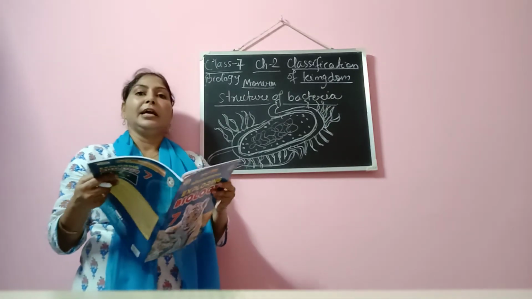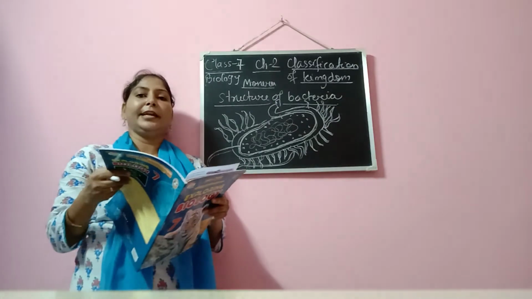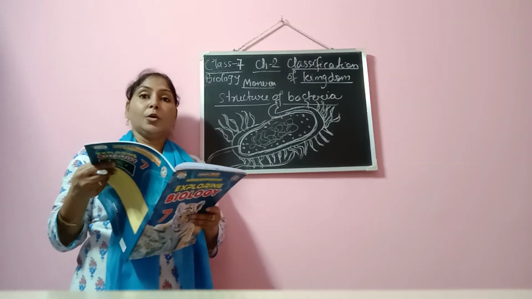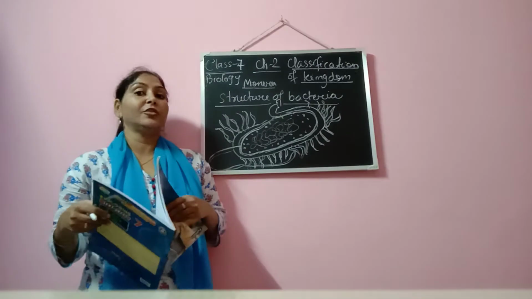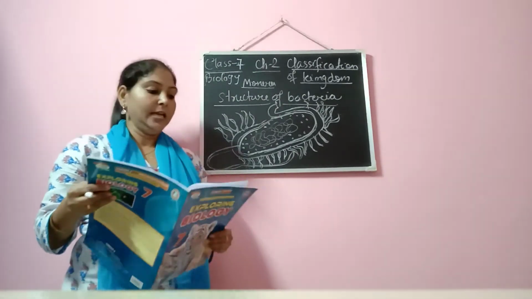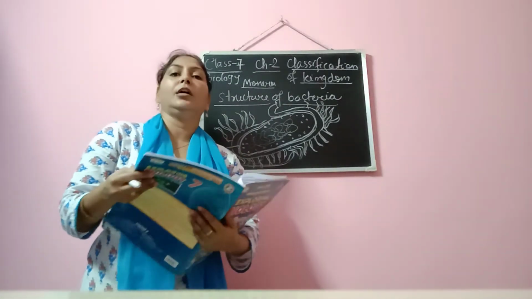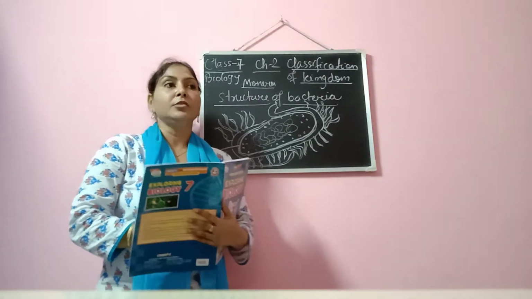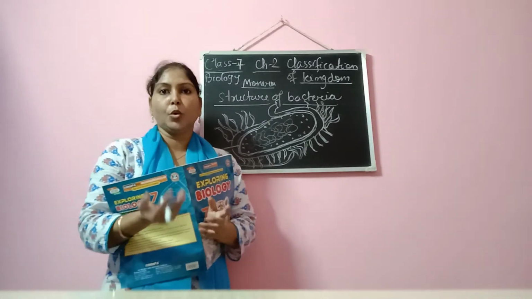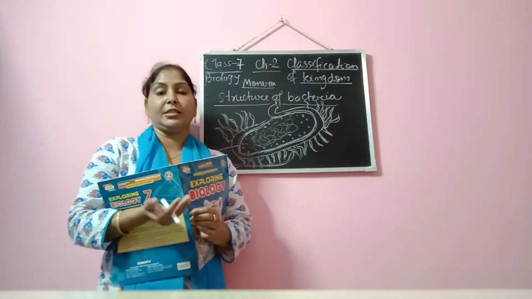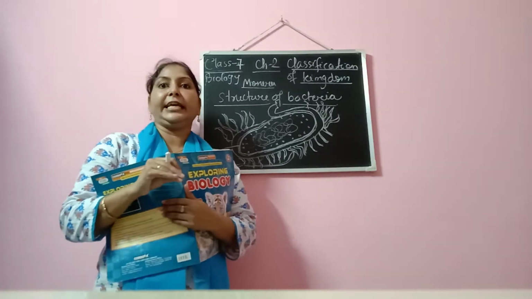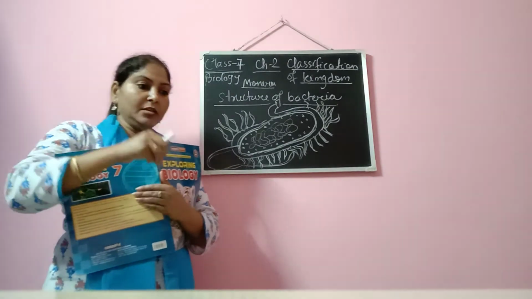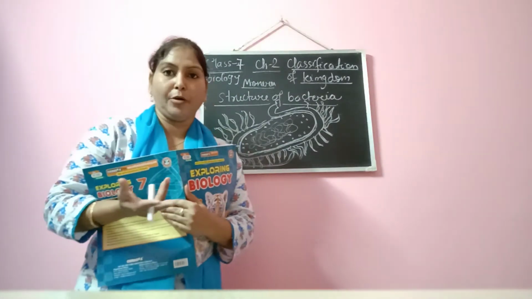At the same time, as I just now told you, these bacteria help in the formation of curd. So which bacteria is responsible for the formation of curd? It is lactobacillus. Then we have another usefulness of bacteria, that is nitrogen fixation. You see, for plants to grow, they need nitrates, nitrogen, and from where will they get it? They will get it through the soil. And inside the soil, where will it come from?